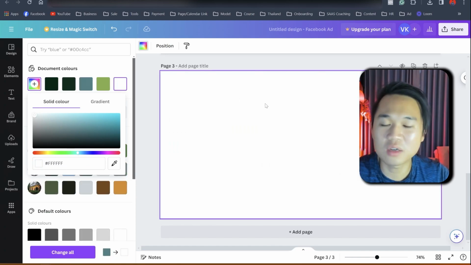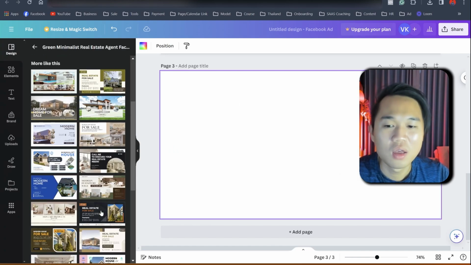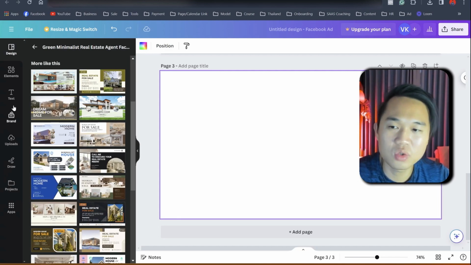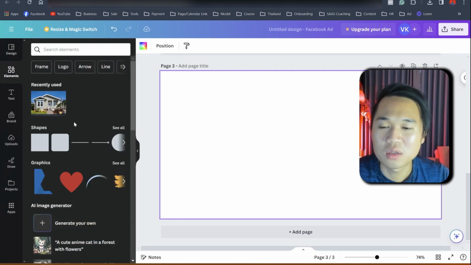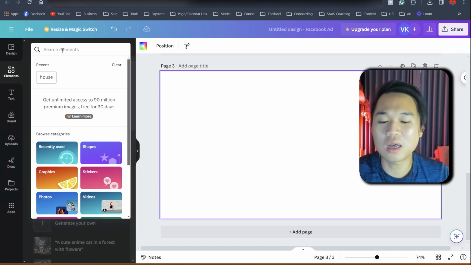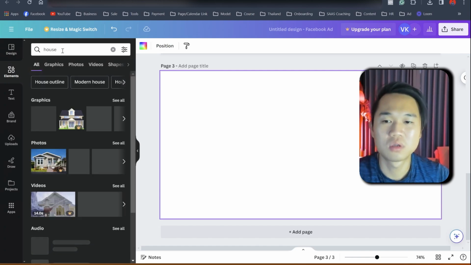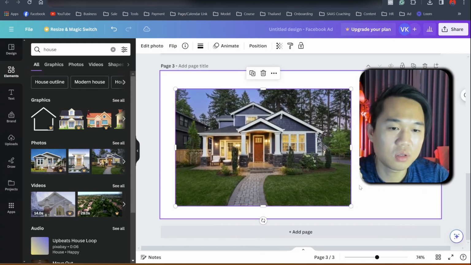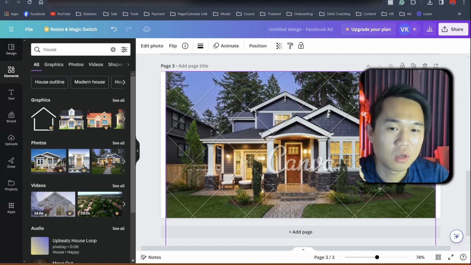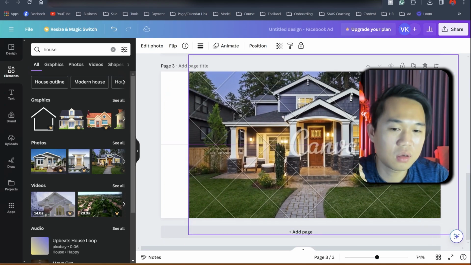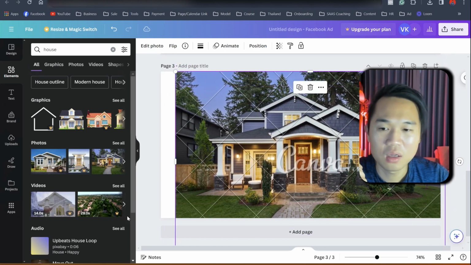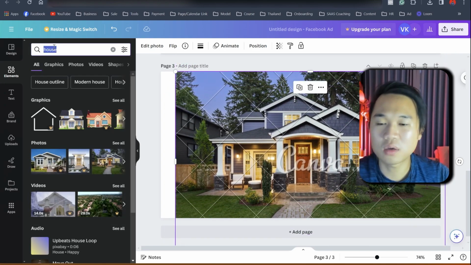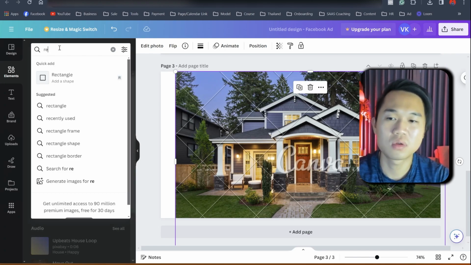I honestly, guys, I don't do this anymore, so I'm not that good. When I was just starting out, just playing around with this helped build my skill set. So what I do is I go to Elements and I write house, and I'll pick something like this. Obviously, this one you probably have to pay for. And the quickest one is that you can write rectangle